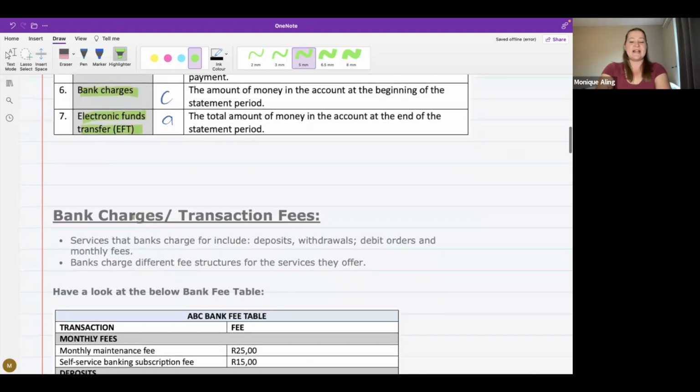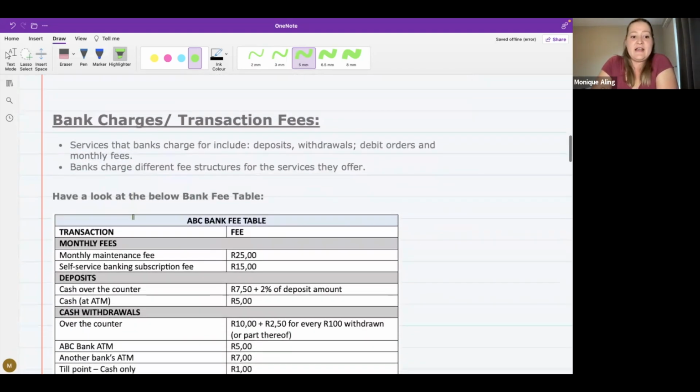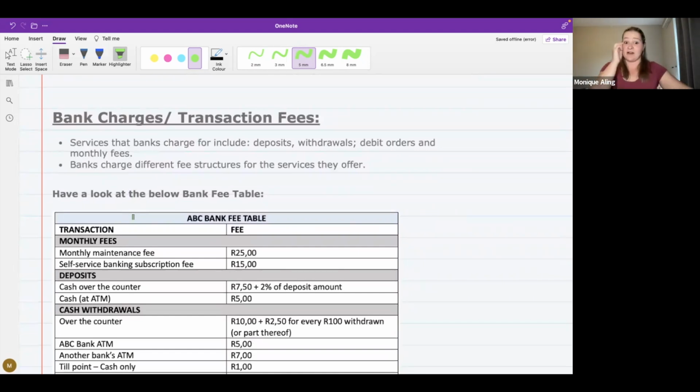So just quickly, before we get into some calculations, banking is about looking at the bank charges. What do banks charge you for? Now, banks can charge you for absolutely everything that you do. Just having an account with the bank, they'll charge you for that. Every time you take money out of your own account, they charge you for that. Put money into your account, you get charged. Transferring money to another account, you get charged. You name it. Everything that you do with your money at the bank, you get charged for. So this chapter is all about working out how those charges are calculated and how much you end up paying